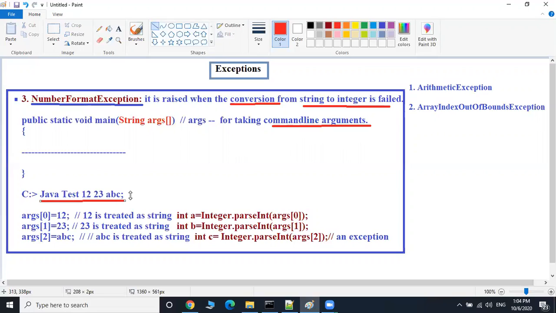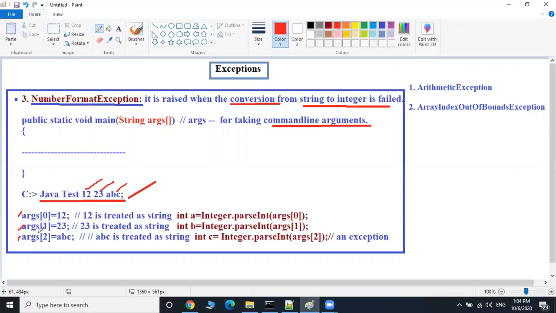Here this is argument 1, this is argument 2, this is argument 3. The first argument is stored at args[0], the second argument 23 is stored at args[1], and the third argument ABC is located at args[2].